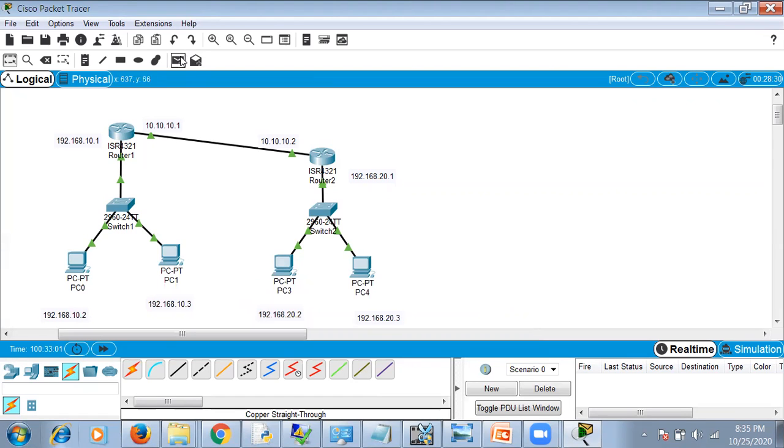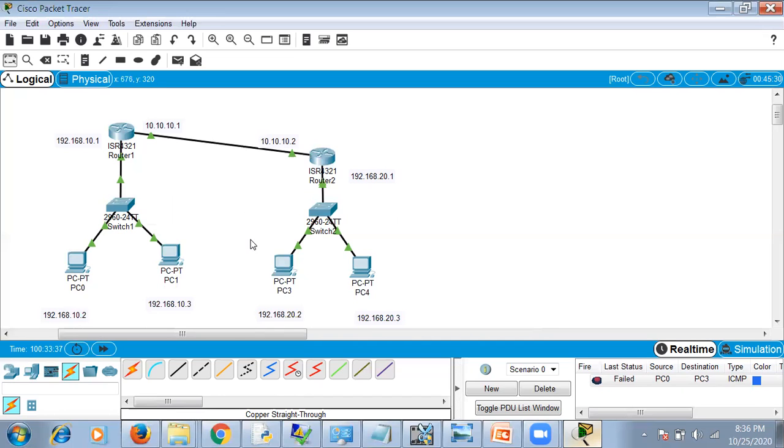Now we'll try whether the message can be sent or not. See, again it failed, PC0 to PC3. Why? Because we have set only the gateway address. Now how does the router know that the PC message has to go through this link? The router doesn't know which path it has to follow. So you have to set the route also. Now who's going to tell which route it has to go?